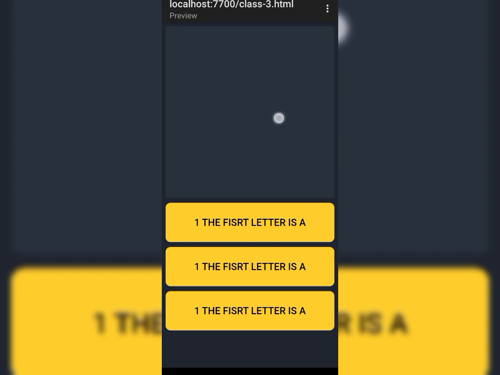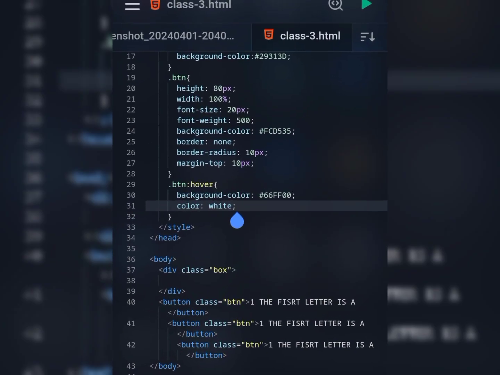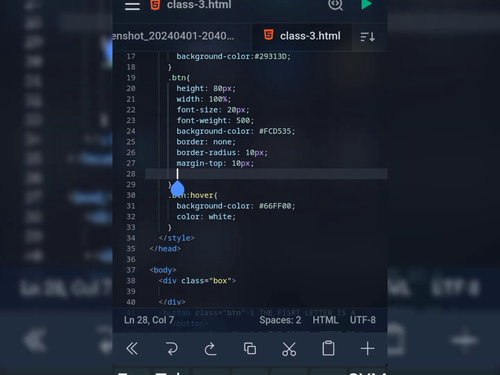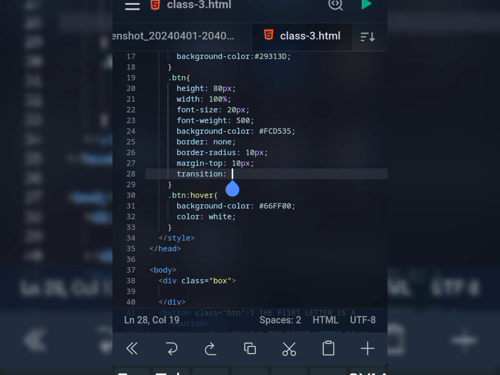Okay, so I think we're pretty much done with this, but one thing we need to do is to actually add some transition to this so it actually happens a bit more smoothly. So for this we're going to go over to this btn over here, and then we're going to type transition, and then what we are going to transition, so we want to transition the background color. So the background color takes a bit of time, so dash color,